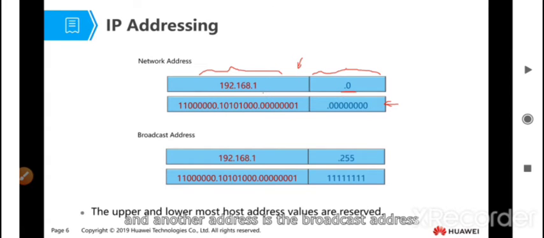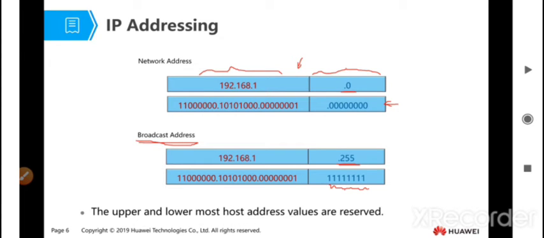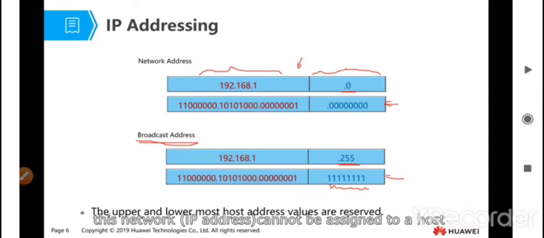Another special address is the broadcast address. For the broadcast address, the host value is all ones. This value also cannot be assigned to a host. It represents all the hosts in this network. Of course, this cannot be assigned to a host, but this address can only exist in the destination IP address in